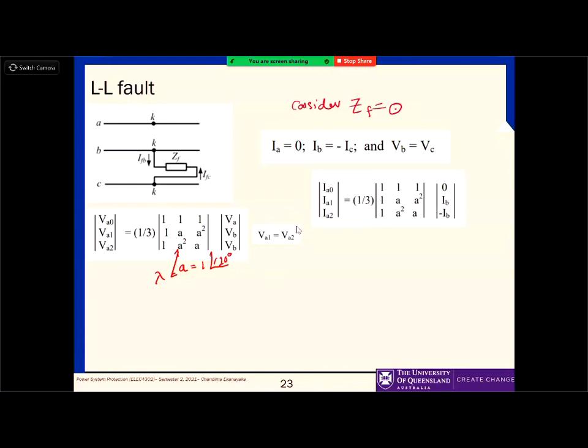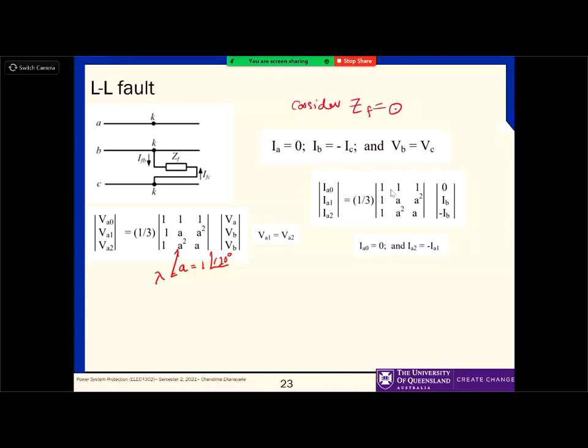Now, let's look at the current part of it. The current, again, you can rewrite the same set of equations, but we know that IA is equal to 0, and then IC is equal to negative IB. So that is what I have replaced here in the equation. So if you resolve this one, then we can say